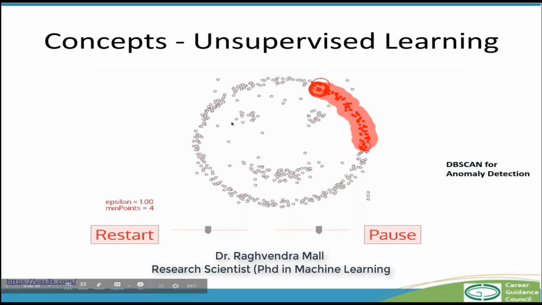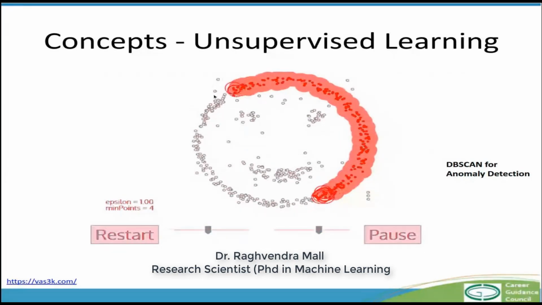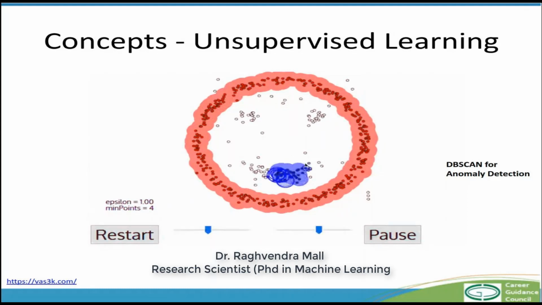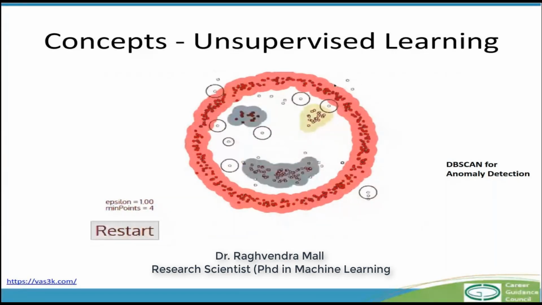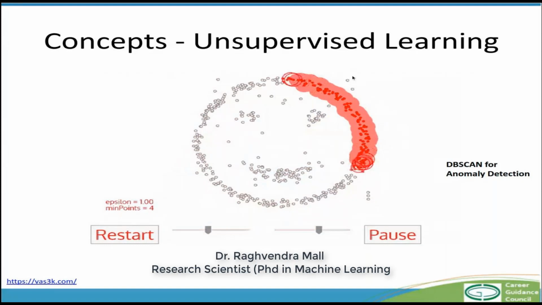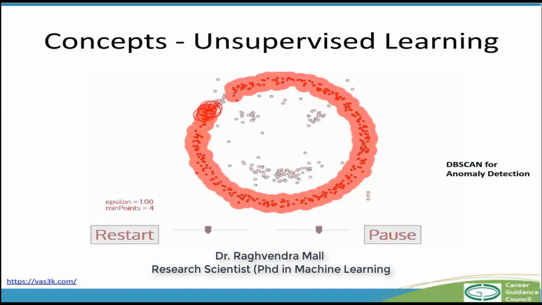Here I'm showing you another example. This is a simple example of another method where it tries to identify different sets of dense points and differentiate them from the anomalous events which are happening. You will see that it identifies the dense clusters, or the dense sets of patterns which keep appearing. This method is called DBSCAN, and you can see these are the outliers, which are highlighted very fast at a certain point of time, which do not follow the general trend of pattern for this particular application. So this can be, for example, a security threat. It can identify those as security threats because they don't follow the general norm.